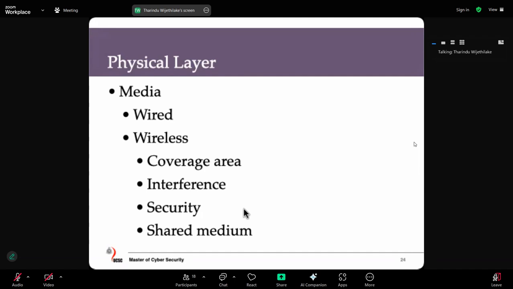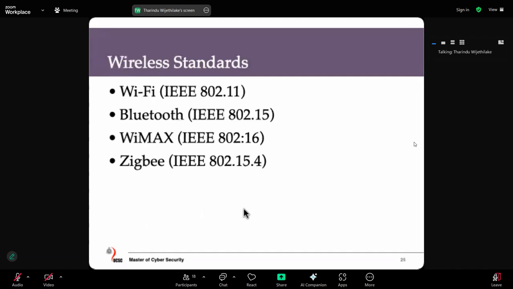So these are about the wireless networks. Then these are some of the technologies that we use in wireless networks. Wi-Fi, a very popular standard. Then Bluetooth, used for short-range communications. WiMAX, similar to Wi-Fi but on a larger scale, and ZigBee. Again, a kind of short-range communication mechanism,